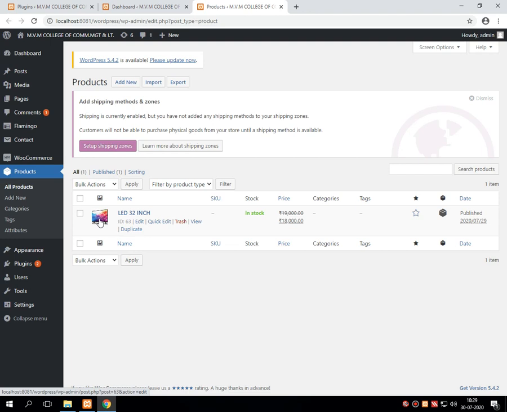Now, whenever we move our cursor on that particular product, it shows much information related to it, like the ID of that product with edit, quick edit, trash, that is delete, view, and duplicate options, whether it is available in stock or not, the MRP, the sales price, any category or tag if we have given, and the published date.